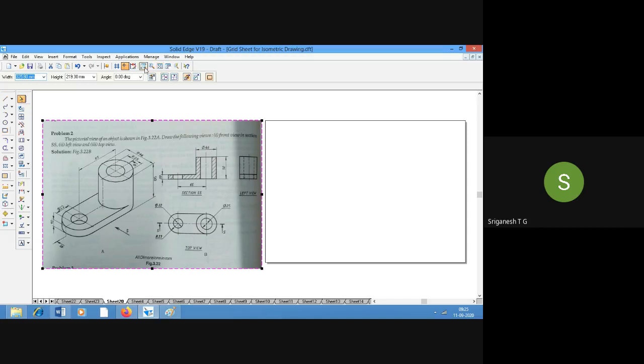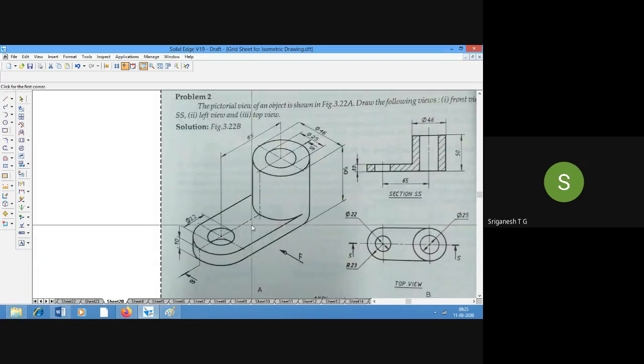First thing is that we should see the part carefully. Second point is that we should see the dimensions. Third thing is how many parts are there inside it, or is there any sectioning that is coming into place?